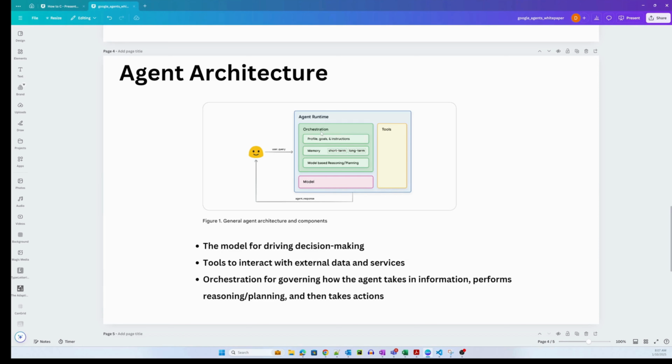But let's quickly talk about an agentic architecture or an agent architecture at a high level. It's essentially built around three primary components: the model, the tools, and the orchestration layer, or the orchestration essentially. I'd still like to call this reasoning loop because essentially that is what it does. The model at the core of an AI agent essentially lies a language model. This serves as the foundation for the agent's intelligence and capabilities.